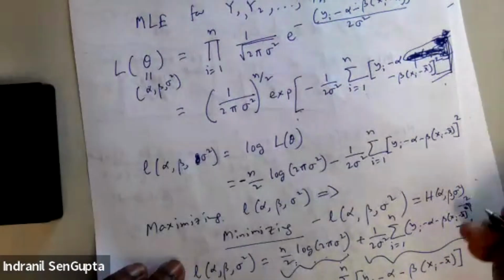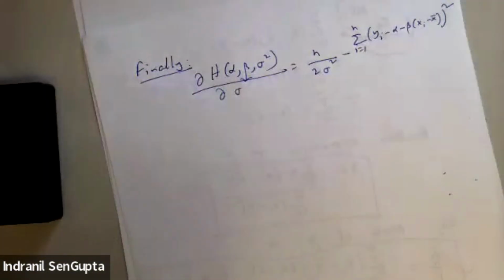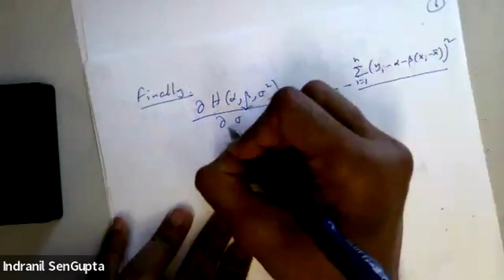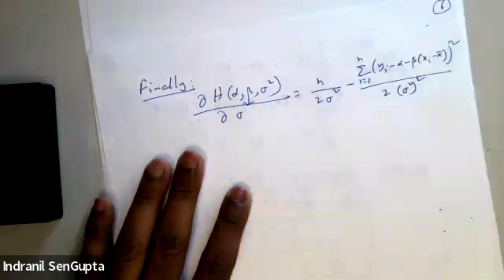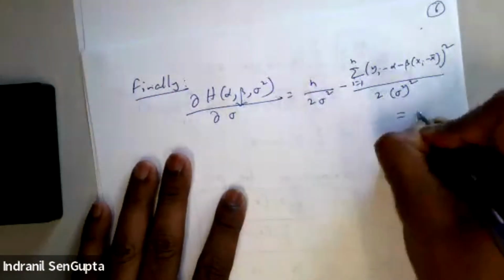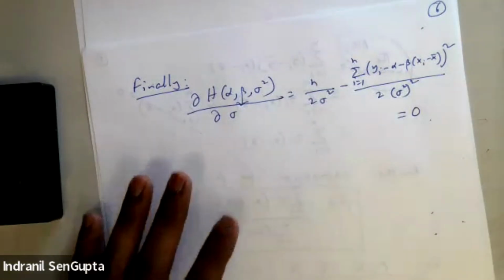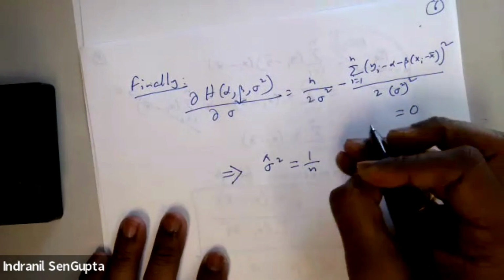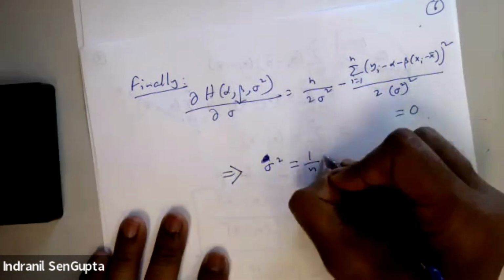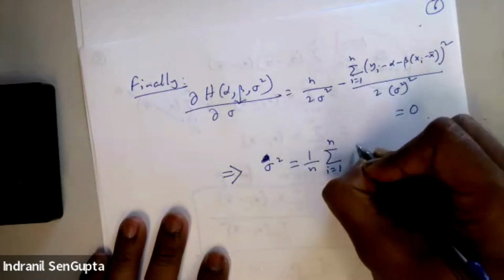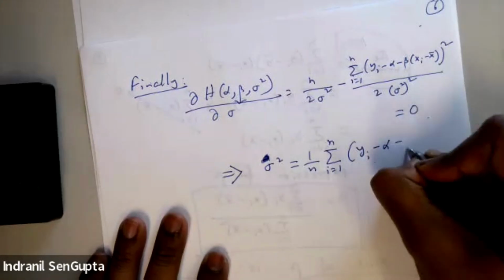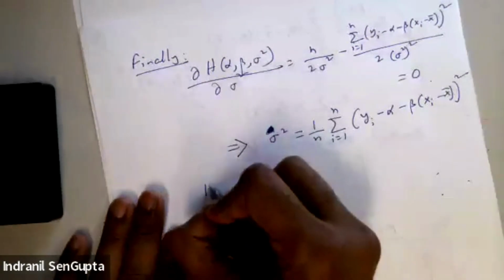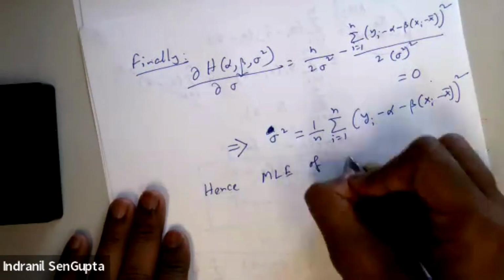Okay, so this is fine, and this one is the same thing that I mentioned. Right. Okay. So this is the quantity, right? And then since we are differentiating with respect to sigma squared, so it's 2 sigma squared squared. Okay. So set that equal to 0 to get sigma squared hat equals 1 over n. Set that equal to 0 to get 1 over n summation i from 1 to n yi minus alpha minus beta xi minus x bar squared, and hence the maximum likelihood estimator of sigma squared is